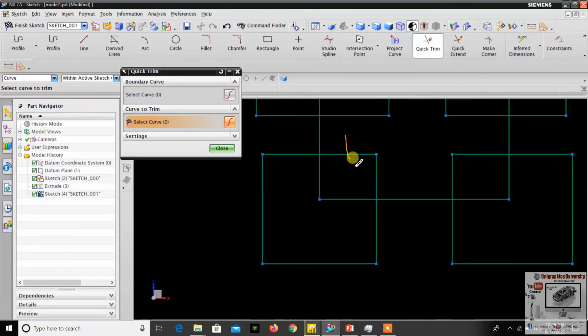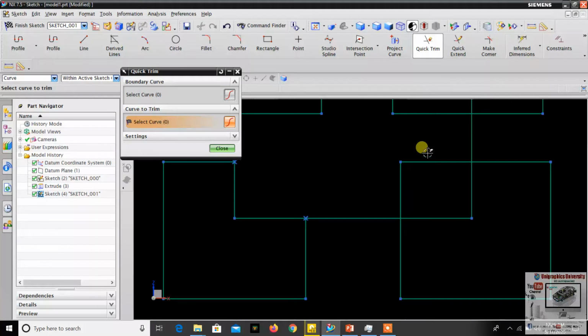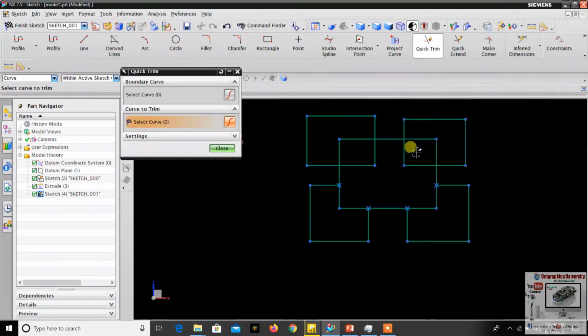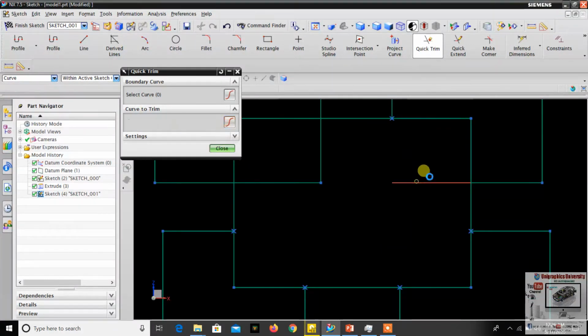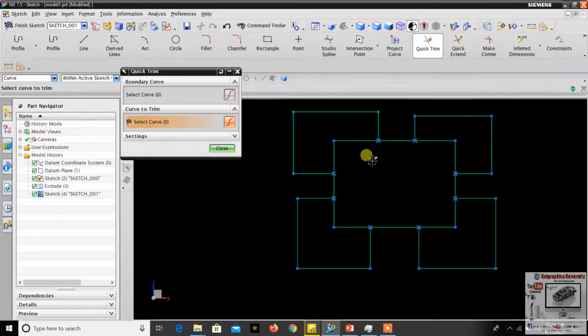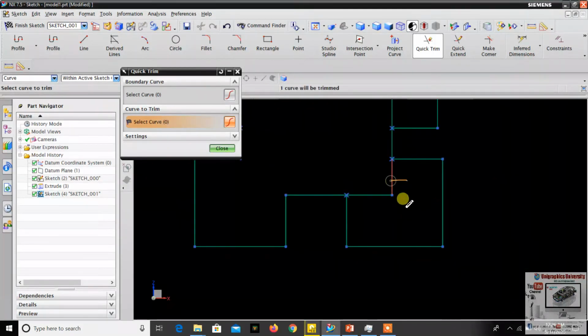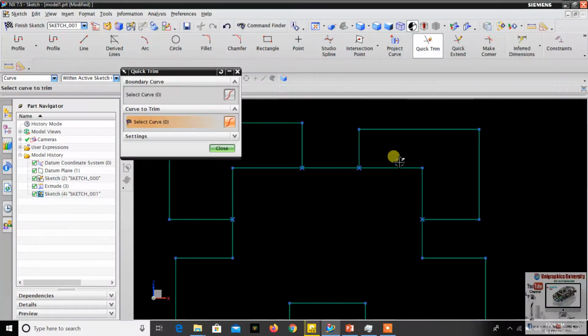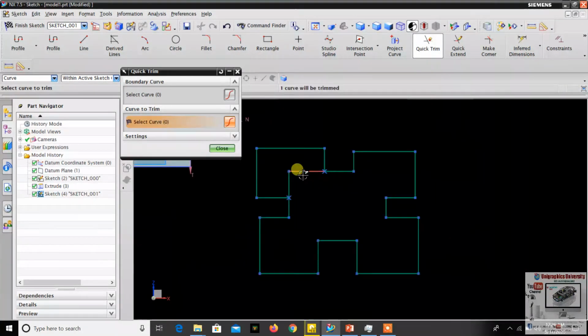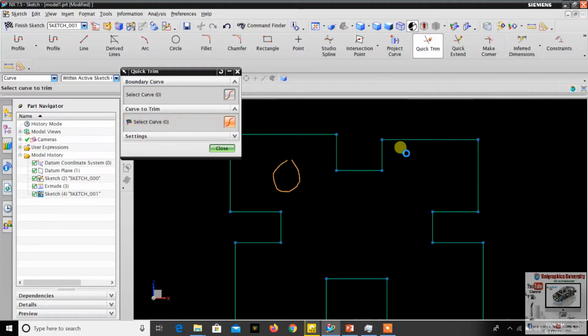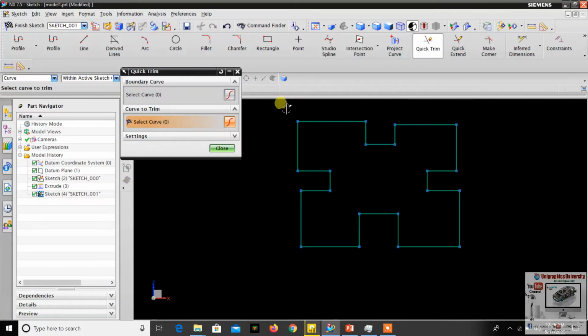For example, you just drag, you can delete, or simply select that line and delete. Same as an eraser, just drag. So this is the quick trim option. Okay, let's move on. Next one.